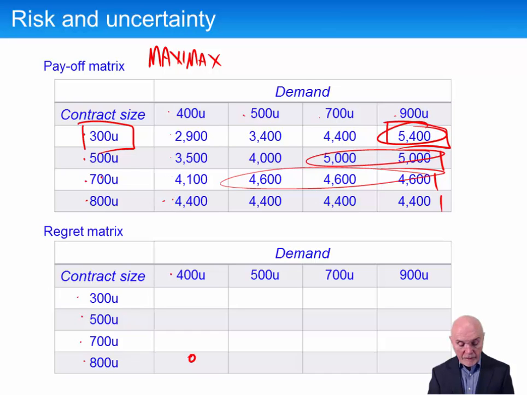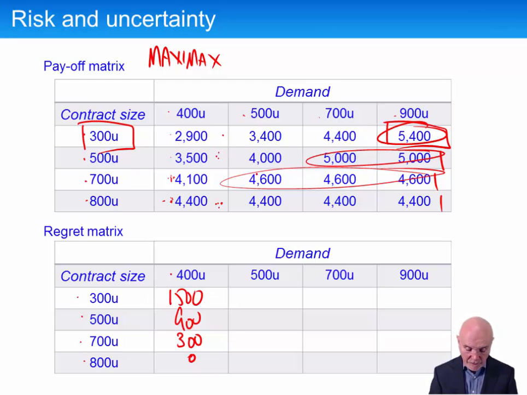If, however, we had signed up for 700, we would only make 4,100, and we're saying to ourselves, oh, goodness me, I wish I'd signed up for 800. I could have made 4,400. I've only made 4,100. I've made a mistake, or I have regret there. The difference between these two here is 300. And so on down from the best to what you get. So here the regret would be 900, and here the regret would be 1,500.